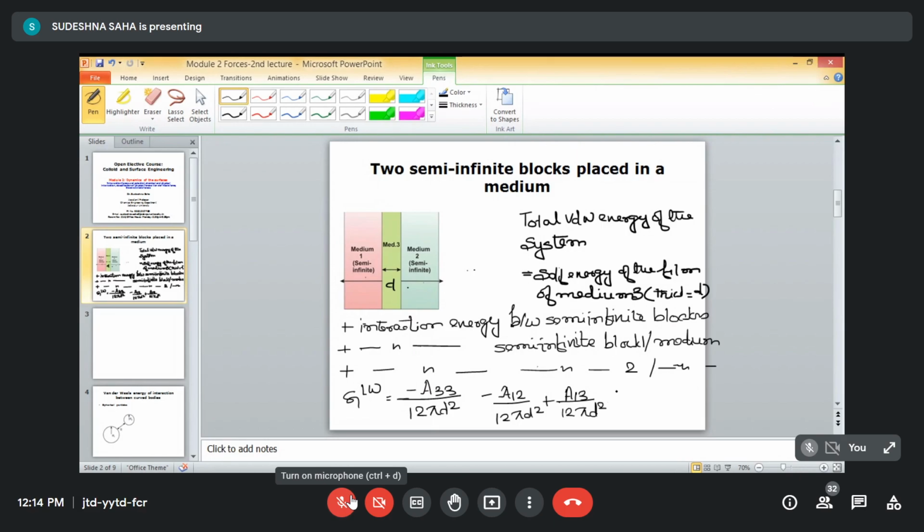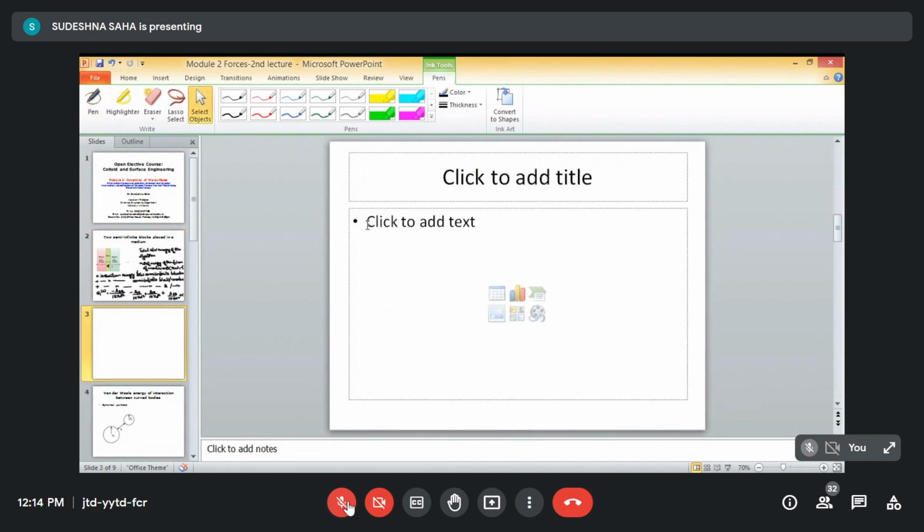d square plus a 2, 3. 2 3 and 12 pi d square plus some constant. What is this constant? We will talk about it later. If you can see that there is 12 pi d square, which we can take in common. So we can write like